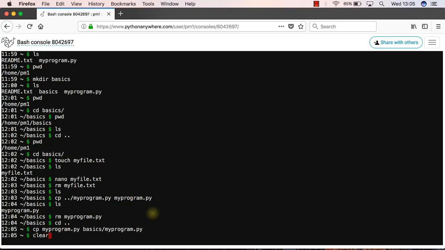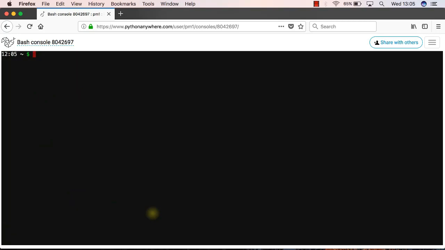Let me clear the bash console, like that. So currently we are in pm1. If you want to list the content of the basics directory, you can do ls basics. So you see that you have myprogram.py. If you want to move a file, you use mv. So myprogram.py of